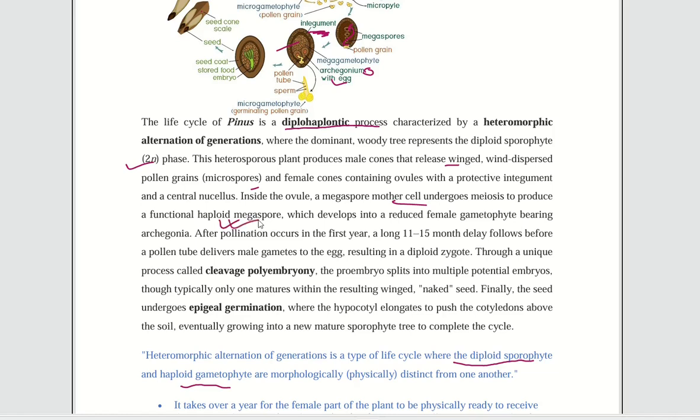a functional haploid megaspore which develops into a reduced female gametophyte bearing the archegonia, and after the pollination occurs in the first year, there is a delay of around 15 months, after which a pollen tube delivers a male gamete to the egg, resulting in a diploid